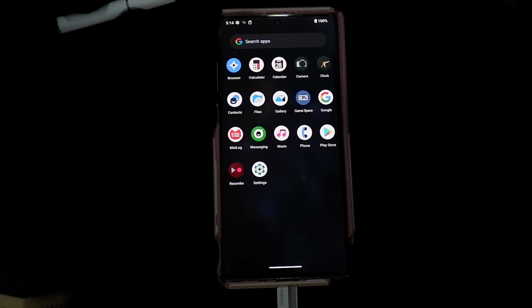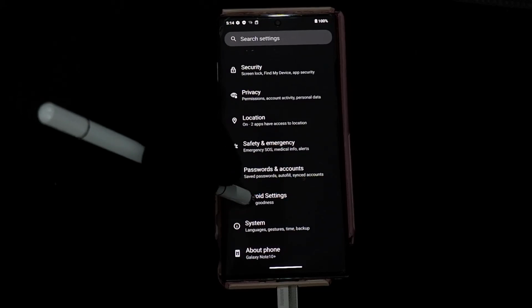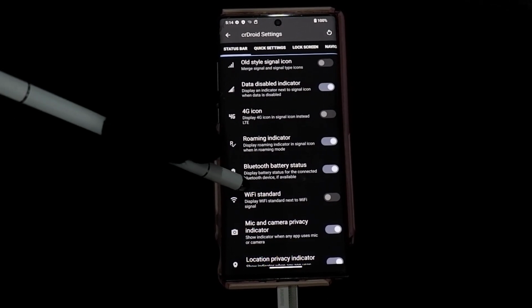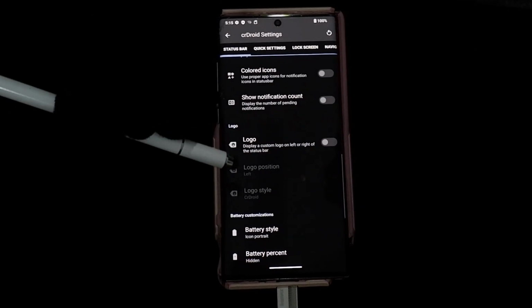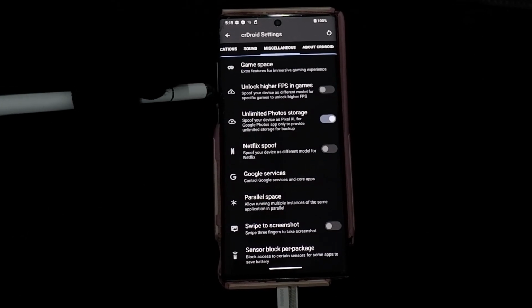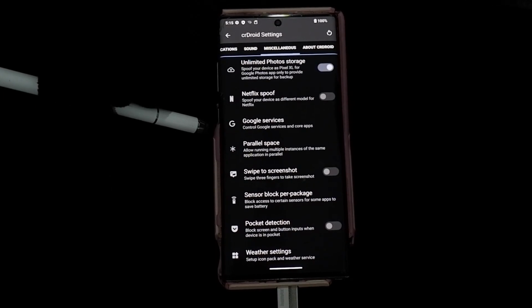I wouldn't say the cleanest, but it is a relatively clean operating system. What I really like a lot personally about CR Droid is that they have extra stuff that you can change that are mostly cosmetics. However, as cosmetic as they are, they can make your phone feel kind of unique to yourself. Some of which are functional, say for example, you want to unlock higher frame rates for certain games. You have an option for that. Or you could also have unlimited photo storage that mimics the benefits that Pixel XL usually have. And there's a whole slew of other different kinds of quality of life improvements that I personally like that you don't get from its upstream, namely Lineage OS. So I'm definitely going to be daily driving the CR Droid personally.